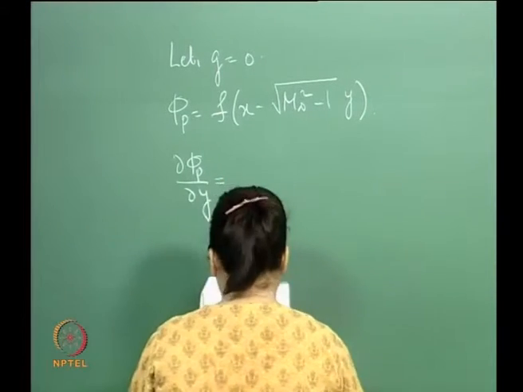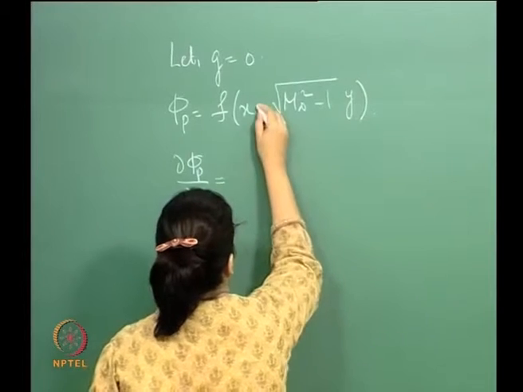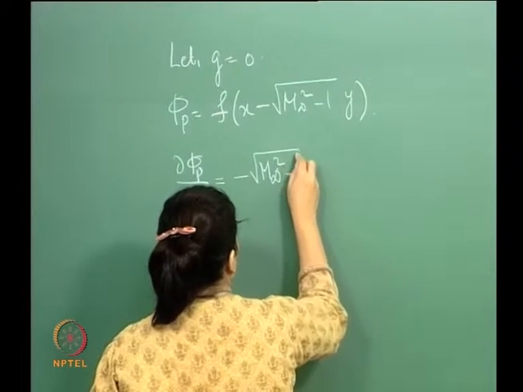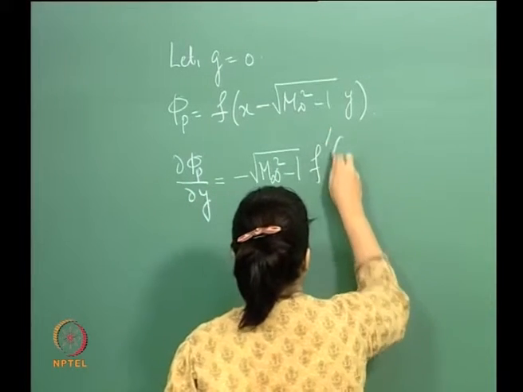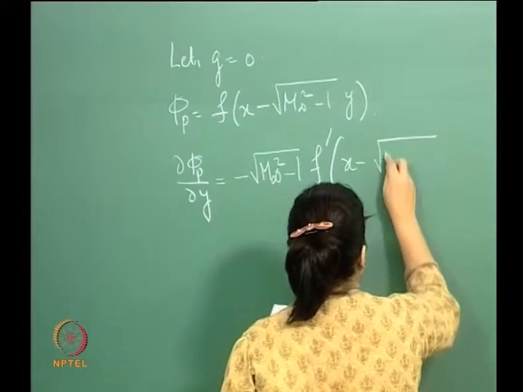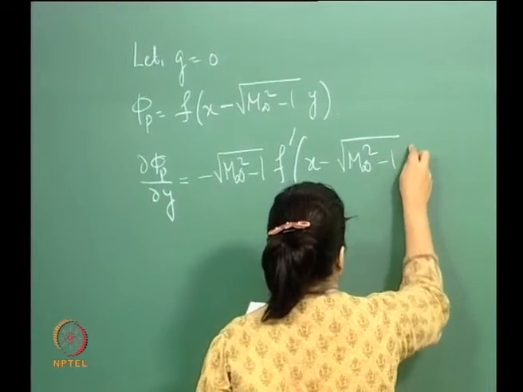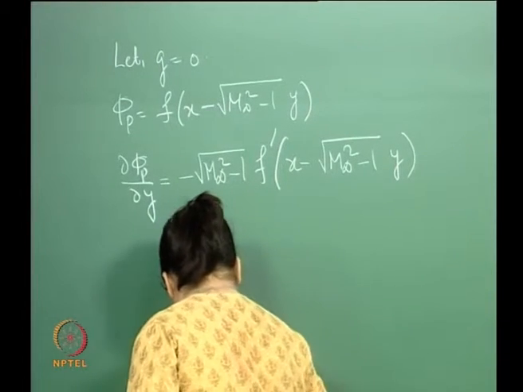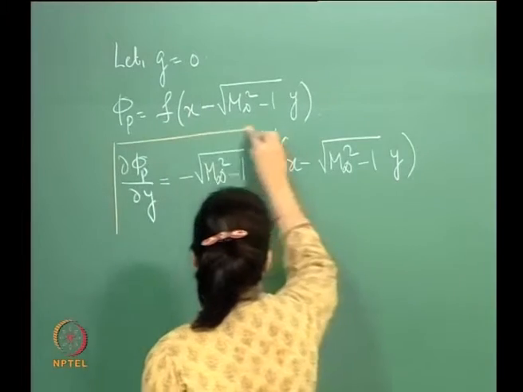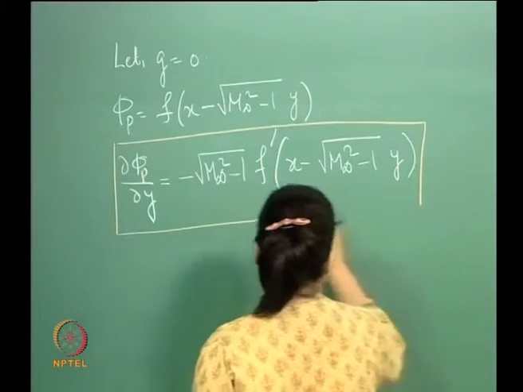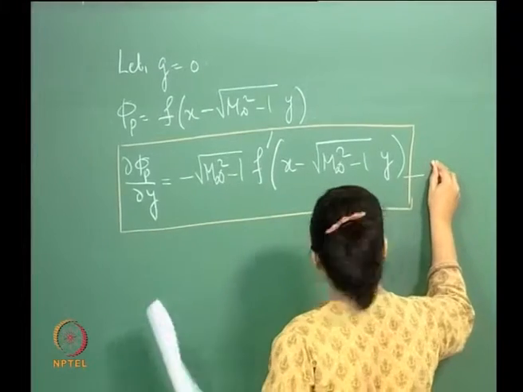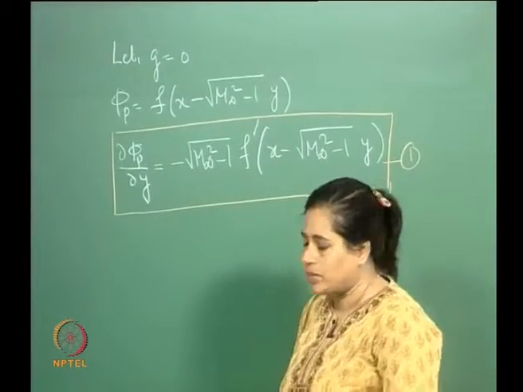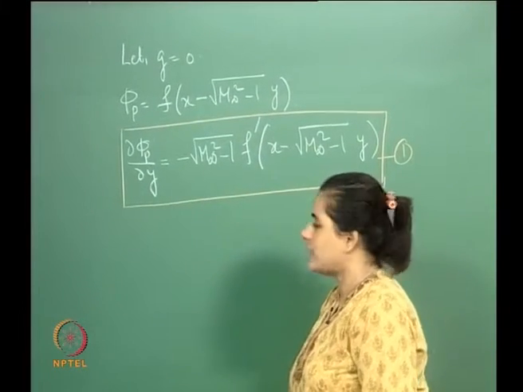So del phi p del y is, let us call this one. Okay. So this is my del phi del y, or v dash essentially,